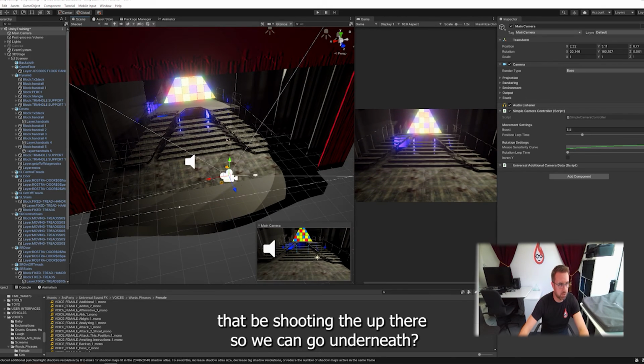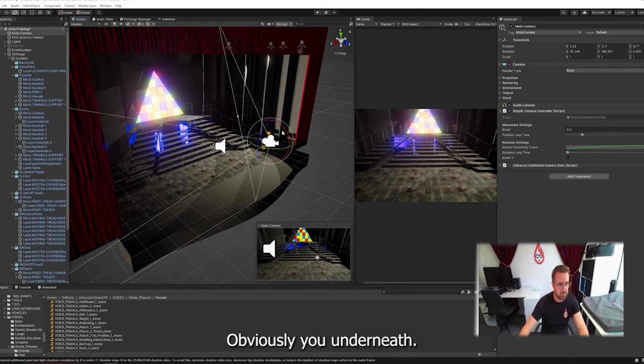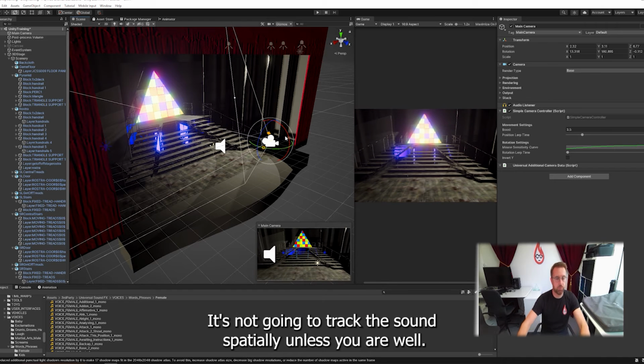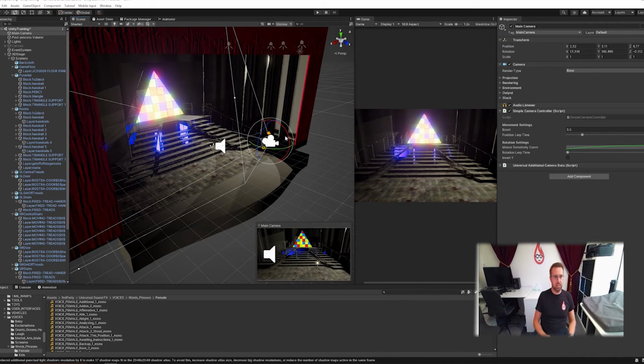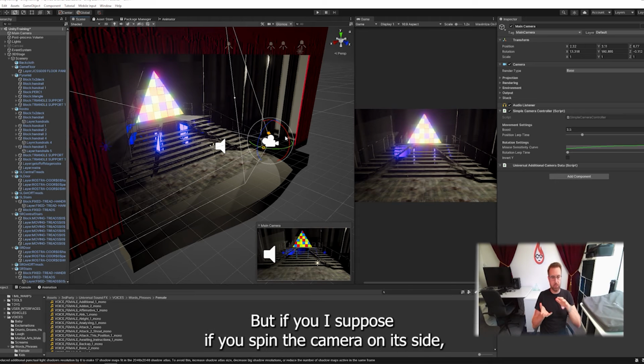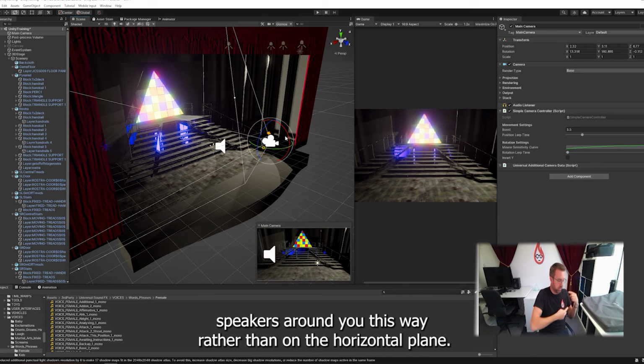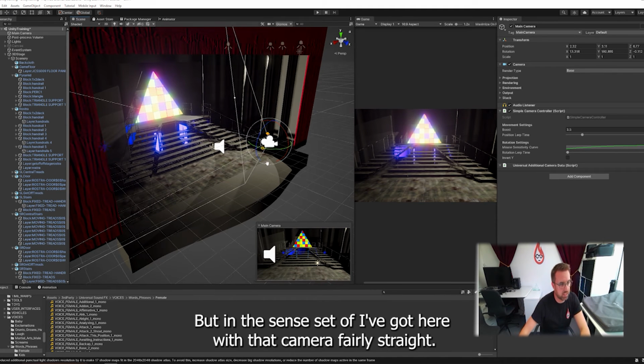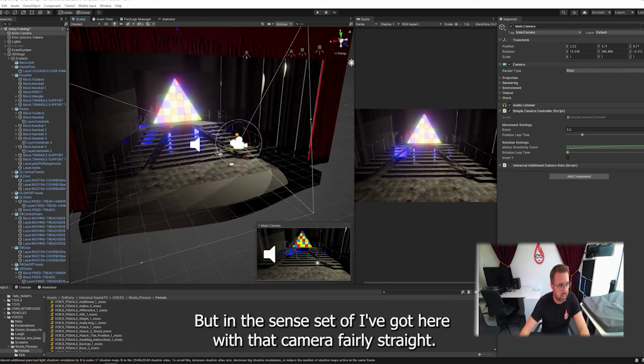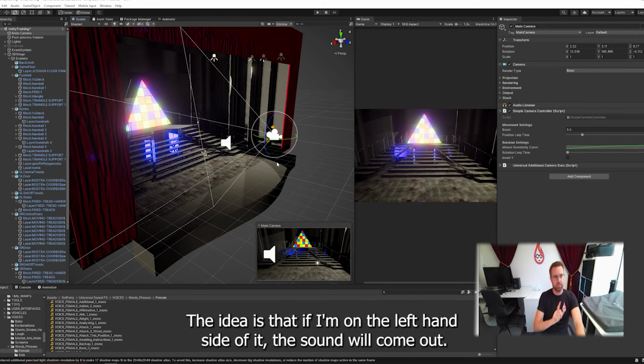Lift it up a bit so we can go underneath it. Obviously, if you go underneath it, it's not going to track the sound spatially unless you... I don't actually know how to do that, but I suppose if you spin the camera on its side, you could then have the sound travel sort of laterally, so you could then put your speakers around you this way rather than on the horizontal plane. But in the setup I've got here, with that camera fairly straight, the idea is that if I'm